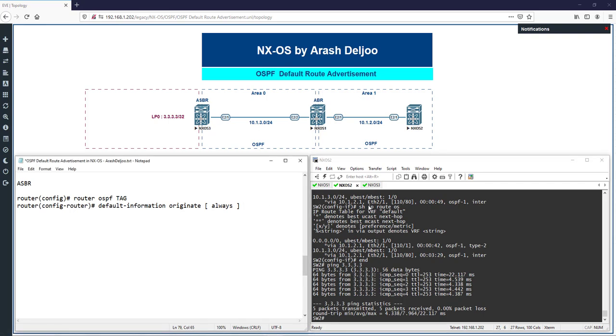If you need to, for example, you can use a route map here. A route map can be used for checking some condition before advertising the default route to the company. For example, if you need, you can check the routing table for finding